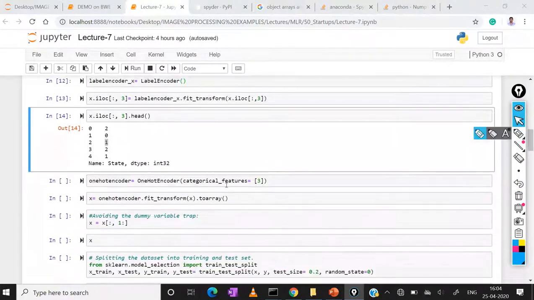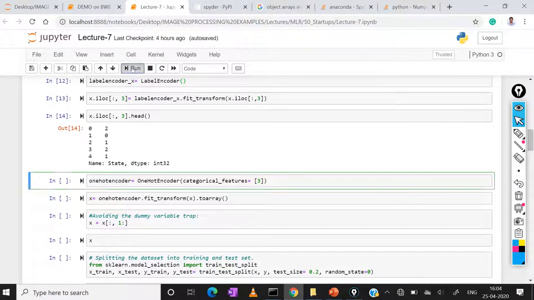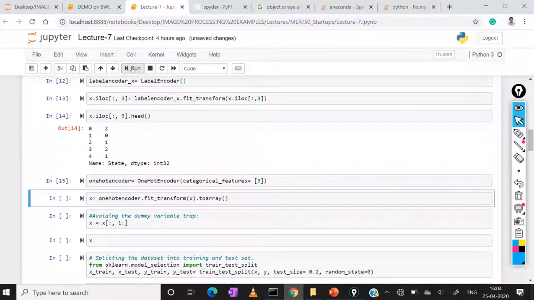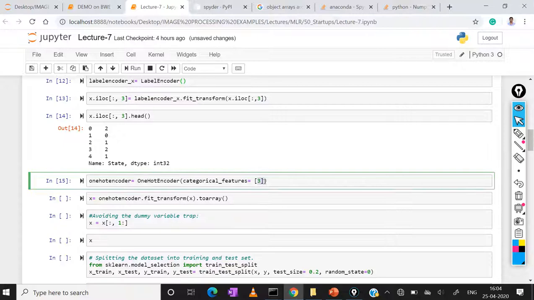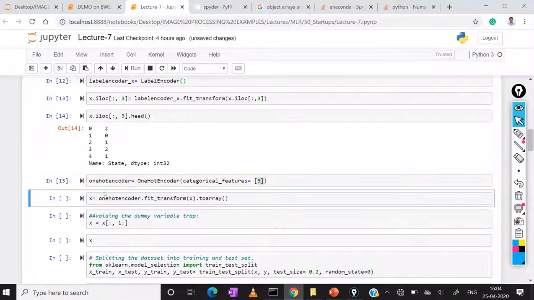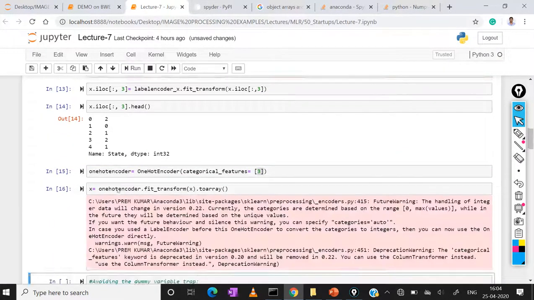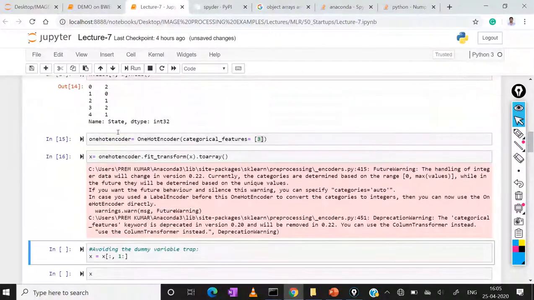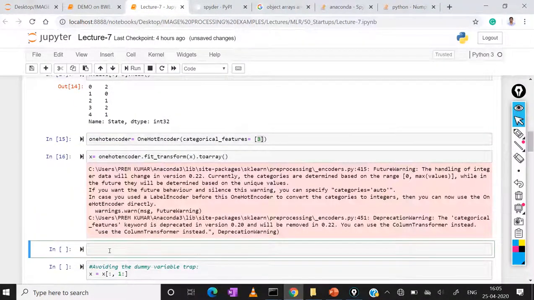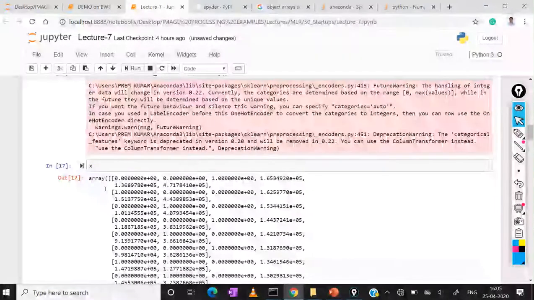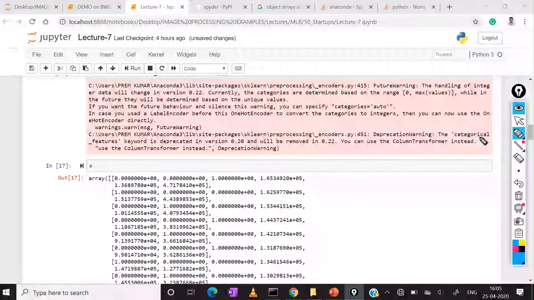Next we are applying one hot encoding on the third column. Now this is our x. If you see the x value, these are the 3 dummy variables: dummy 1, dummy 2, dummy 3.